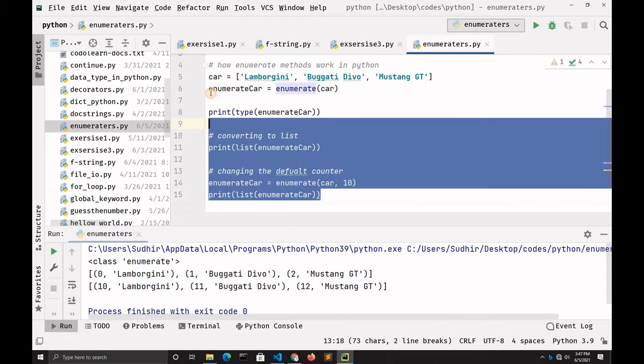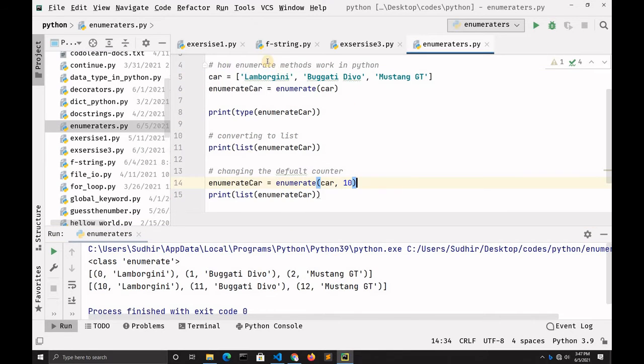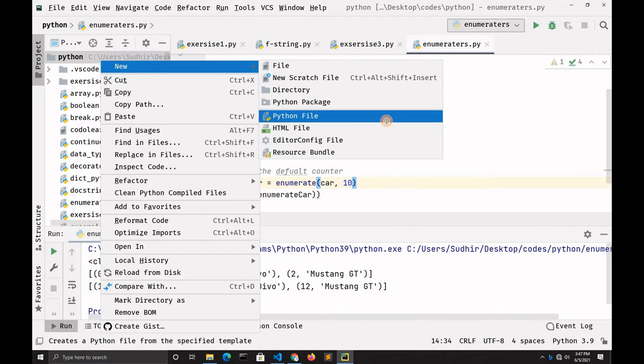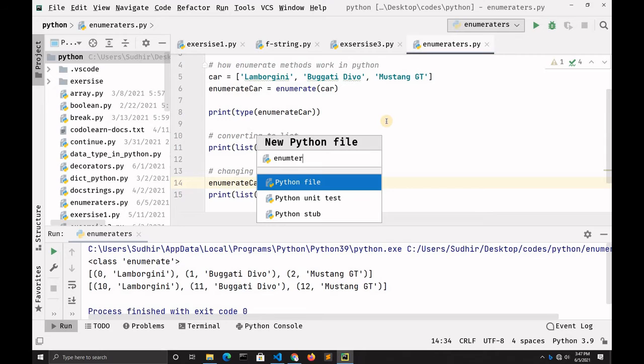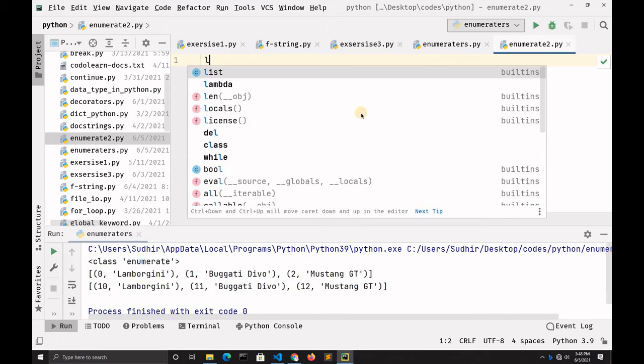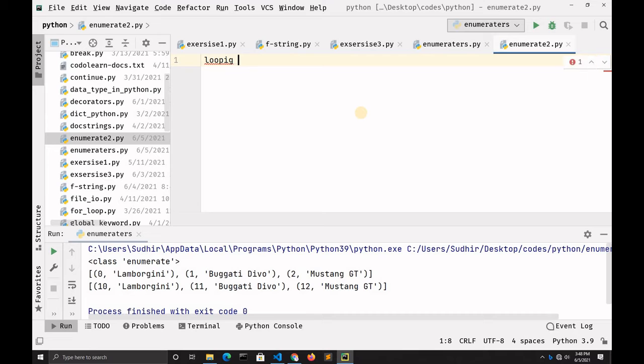And now, looping over an enumerate object. Instead of commenting out this, we can create a new file, and that file name is going to be enumerate2.py, and here you have to type a comment, looping over an enumerate object.